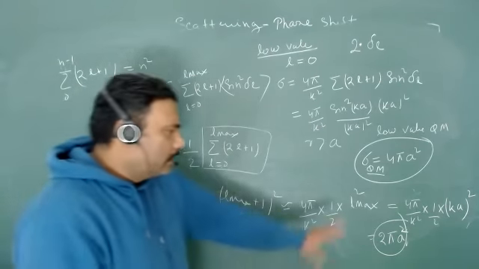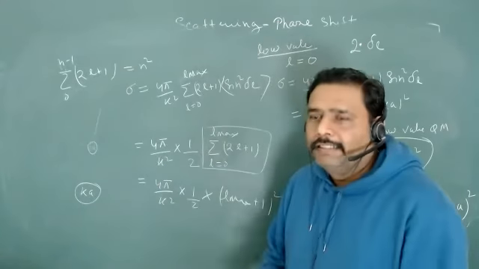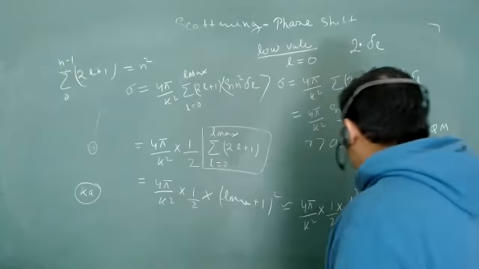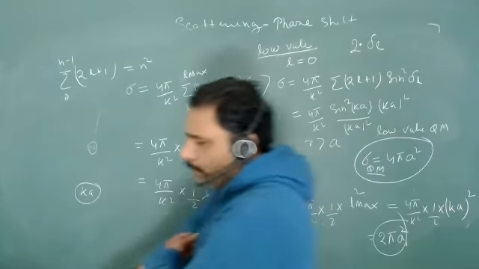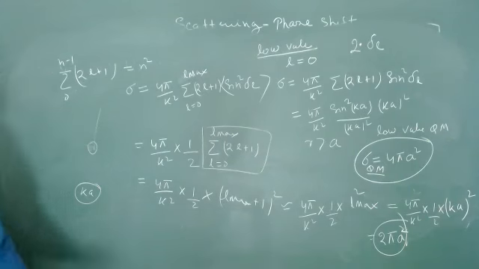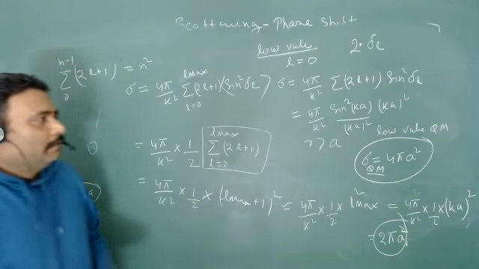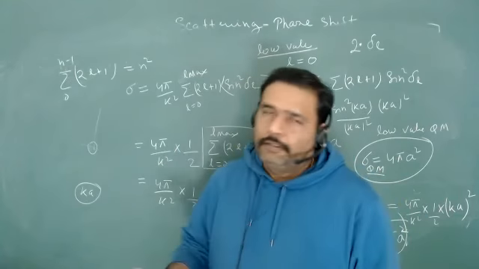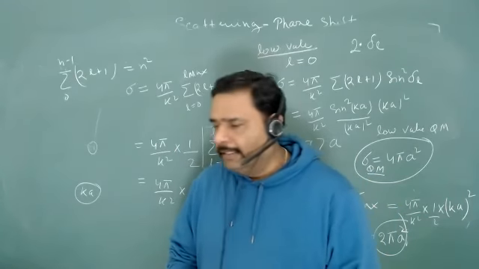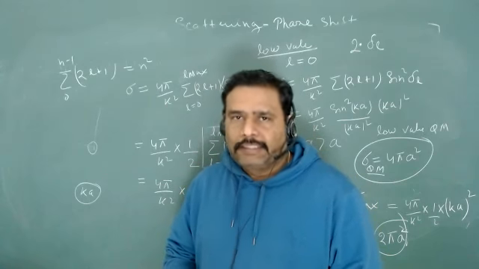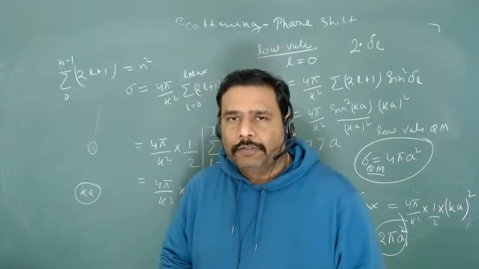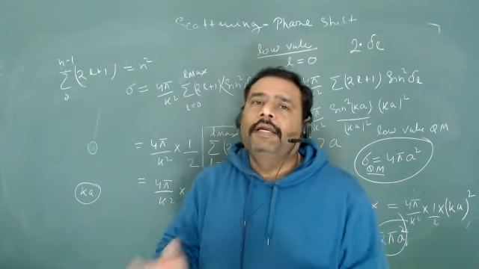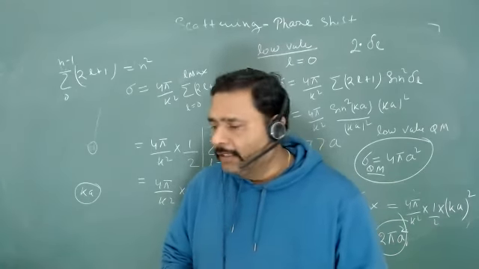You will not be asked for this much derivation, but sometimes they can ask you, mainly in the GATE exam, what will happen at low energy, what will happen at high energy. So this is your 2 pi a square. Okay? So I think this is more than enough. If we go beyond this, it will create havoc. But if you go through previous year questions, either from NET or GATE, and in other exams it doesn't come that much. I think a question has come once in the JEST exam, and we have done that type of question, in which you have to write the minimum distance in terms of the impact parameter. That will be done